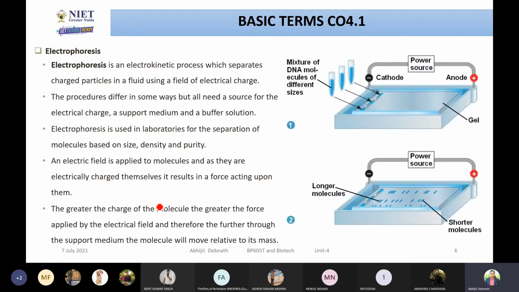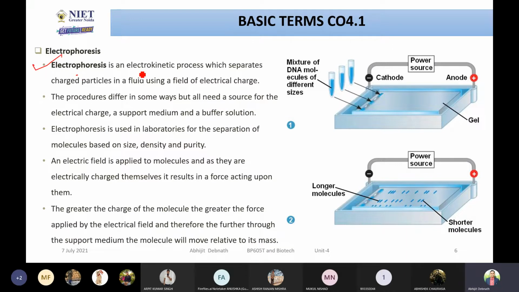Let me also tell you about a very important technique called electrophoresis. I think in your pharma analysis, you might have gained some basic understanding of electrophoresis, but I presume this is not sufficient, and you should know electrophoresis in great detail because electrophoresis is a part of the blotting technique. If you want to do some blotting activity, northern blotting, southern blotting, you have to do electrophoresis, especially gel electrophoresis.